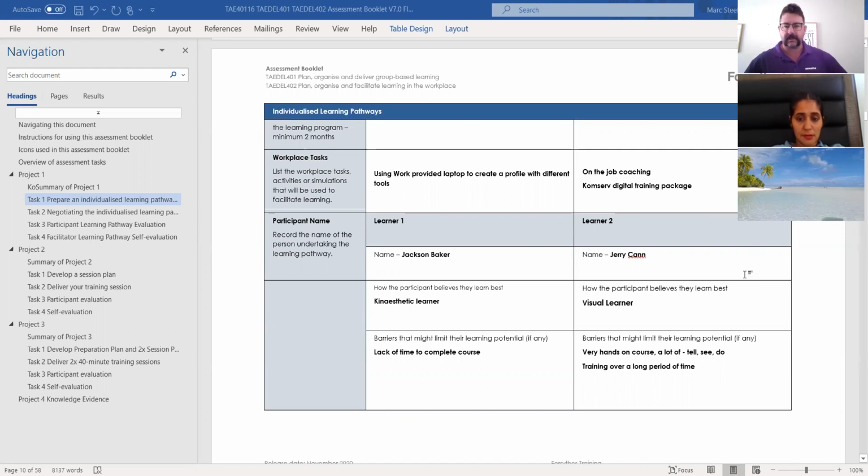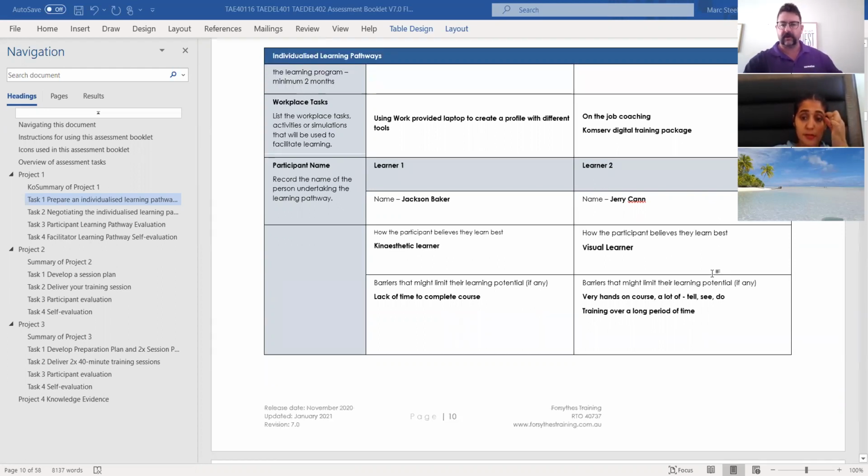Okay, I'll start off here. Obviously, you've got your name in there. From the way I've known you now for 10 years, we've worked out you're a visual learner, and you learn best from seeing an action done and repeating that. I'll try and incorporate as much of that as I can into your training package. Would you agree with that? Yes, I think that's more like me.